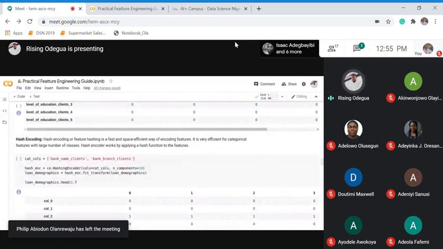Hash encoding is very efficient for categorical features with a large number of classes. It works by applying a hash function to each feature. So each feature has a unique hash function. That is, each class has a unique hash function. And it's very easy to implement. For you to implement that, you just simply use the